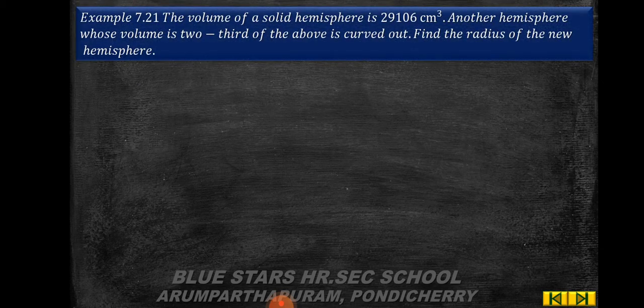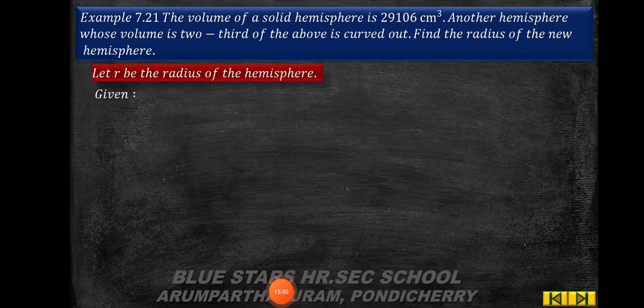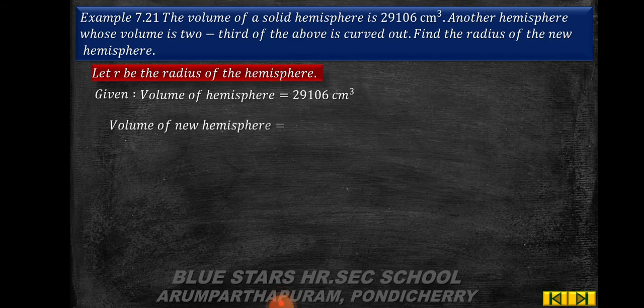Next, example 7.21. The volume of a solid hemisphere is 29,106 centimeter cube. Another hemisphere whose volume is 2/3 of the above is carved out. Find the radius of the new hemisphere. Let r be the radius of the hemisphere. Given volume of hemisphere is equal to 29,106 centimeter cube. Volume of new hemisphere is equal to 2 by 3 of volume of original hemisphere, which is equal to 2